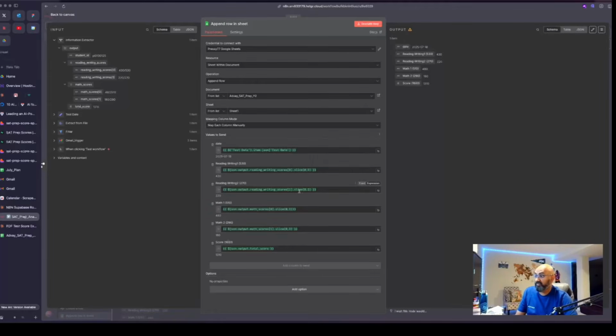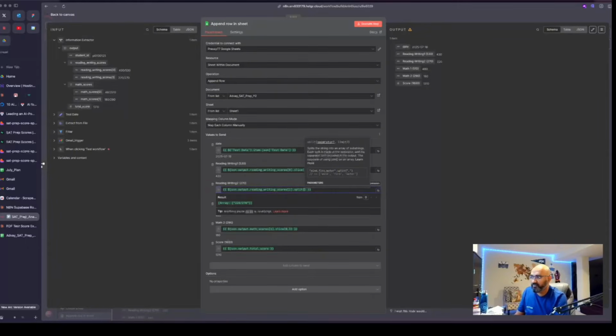manipulation here. In fact, I did a slice to just pull out the first three numbers, and it worked pretty well. But then later down, I realized it's not a good way to do it, because if you get a two digit score, it's not going to pull the correct data. It's going to pull the slash. So actually, what you need to do here, instead of doing the slice, if you do a split,